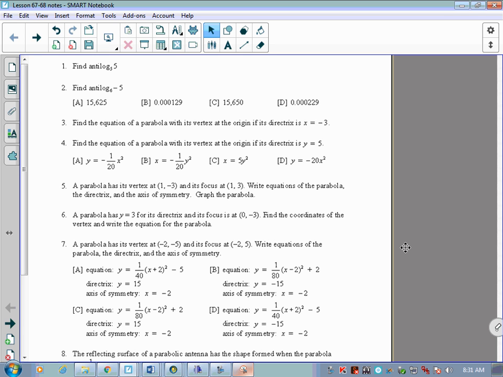Lesson 67, 68. You'll notice right off the bat we're seeing something called anti-log. It's really not as hard as it looks. Even if you look in the book, essentially what you're doing is taking the base and the number, moving everything up and dropping off the log portion altogether. So when you're doing anti-log base 5 of 5, you're taking 5 to the